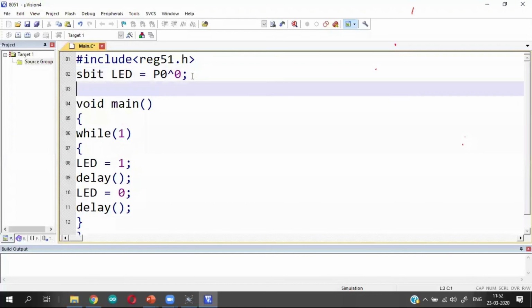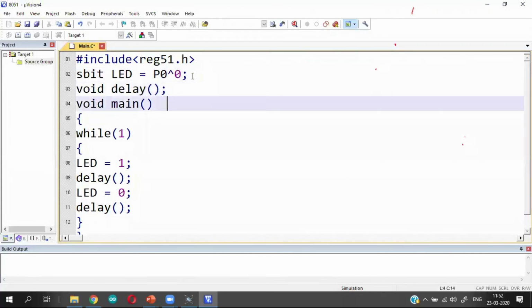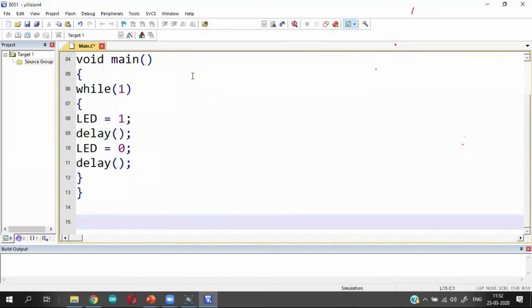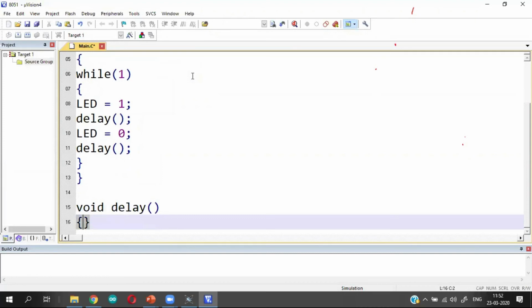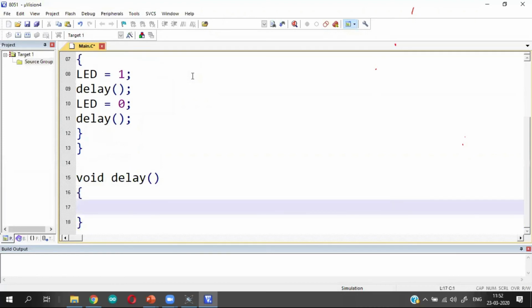Define what is delay. We use a do-nothing for loop and write a software delay.